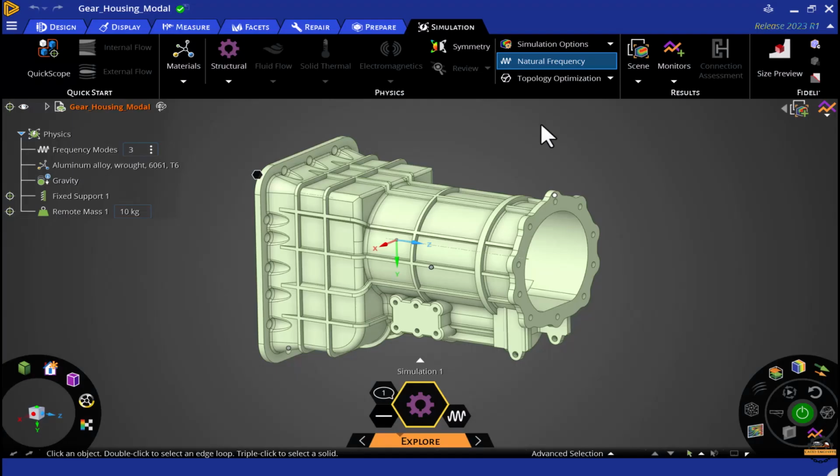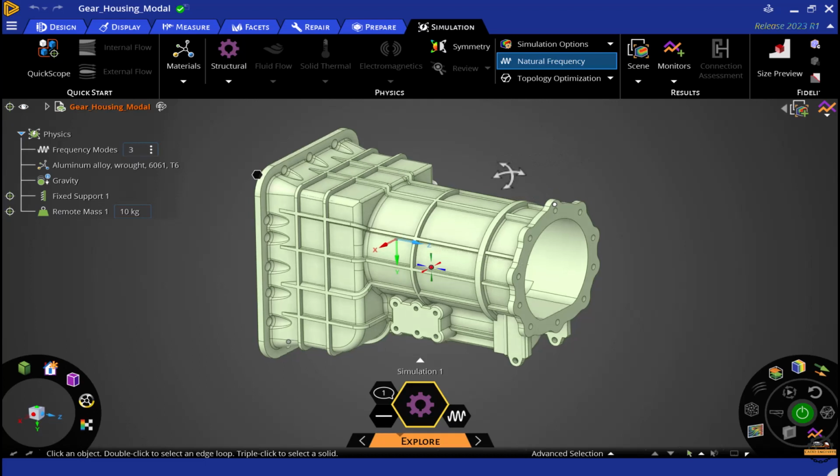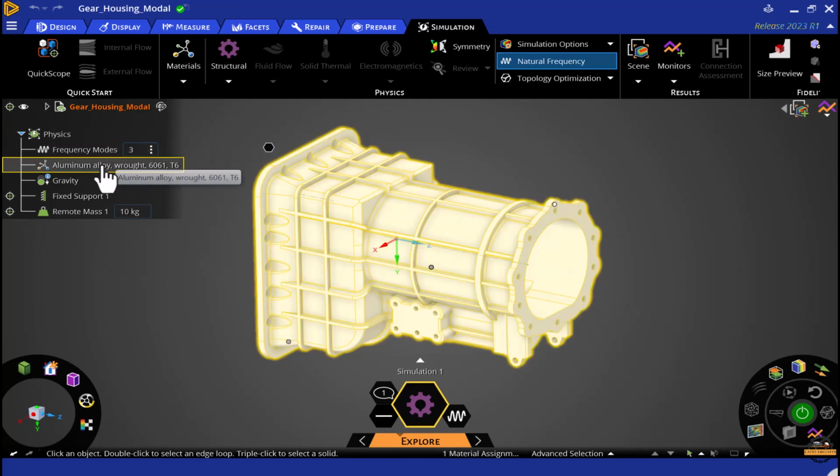Welcome to CAD Engineer. It's a gear housing on which we are going to do natural frequency simulation, where we are going to calculate the first three frequencies and how the model is behaving. We have said that we want to calculate three modes of frequencies, and we have taken here aluminum alloy,